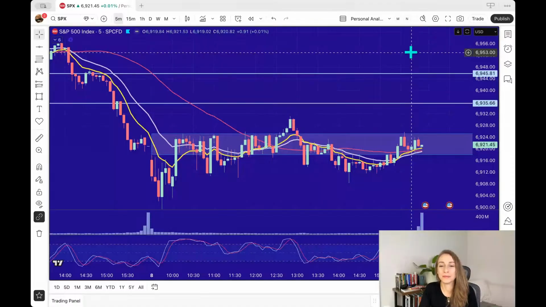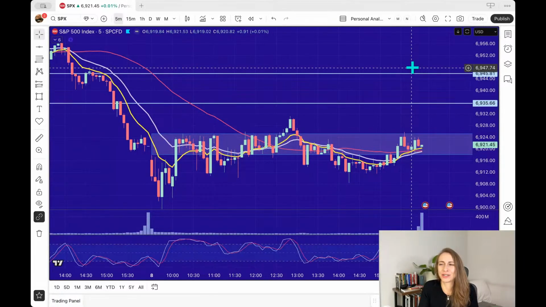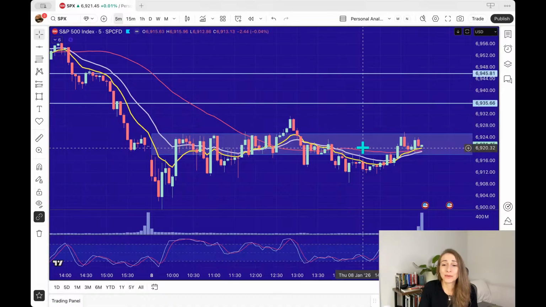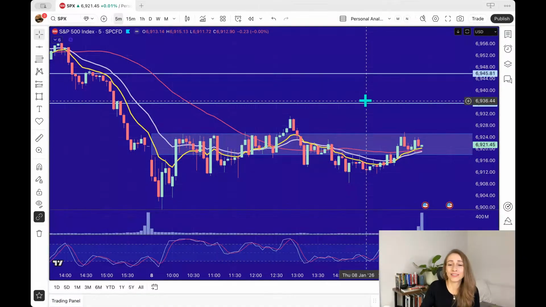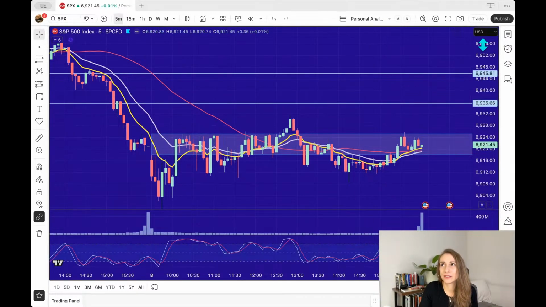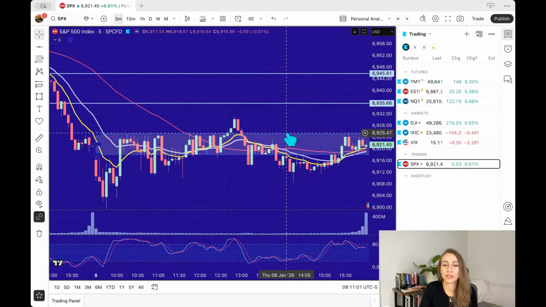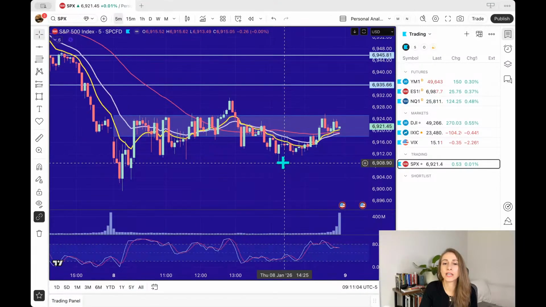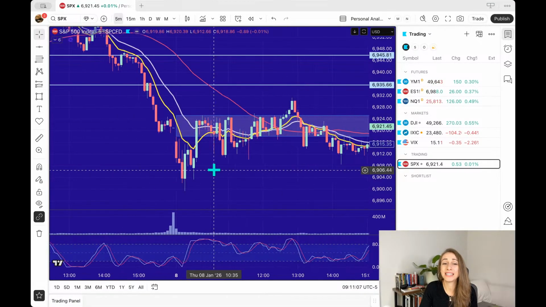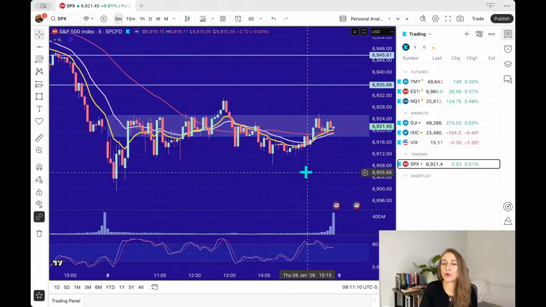So you can get something that's just shooting up while the market's going down. Or if the market is sideways like this, you can get a move up or down on an individual stock. So I'm giving you that backstory because I was trading just the S&P, which helped with focus and waiting on a move. But yesterday just showed me that if the market is choppy and I want to participate, I can't participate in something that looks like this. So it would have done me well to just pick a few names on my stock list.